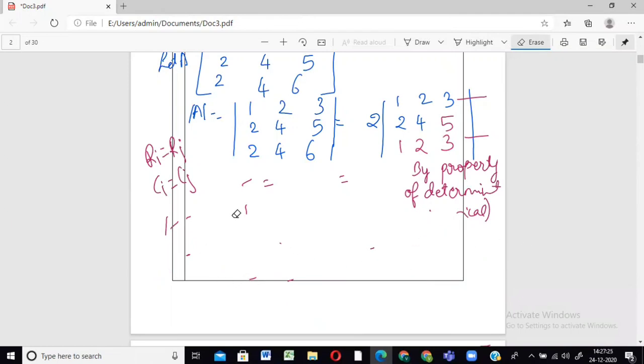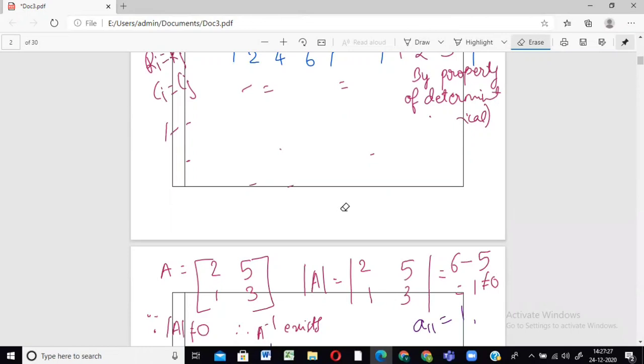Suppose if we have order 3, because that will work for order 2 as well, right? So the first thing is to always make A11 equal to 1. That's the first row, first column element. You should always make it 1. Then the second step is to make A21 and A31 to 0. A21 will be there for order 2, and A31 will only be there if it's an order 3 matrix, right?